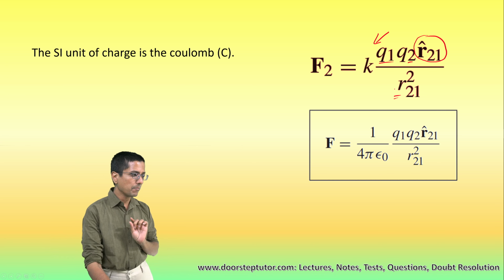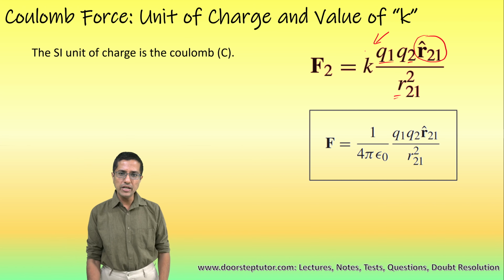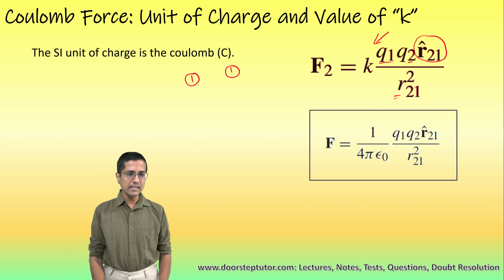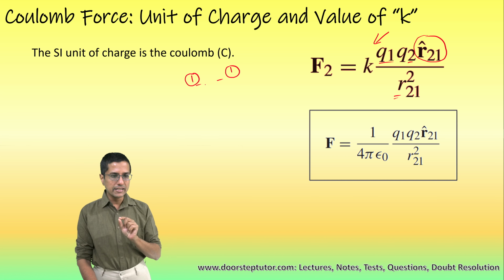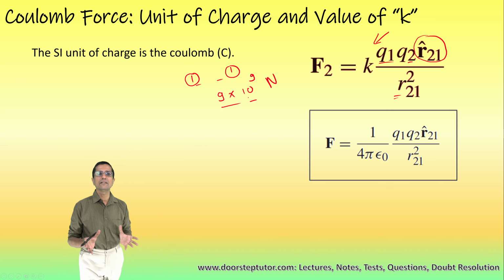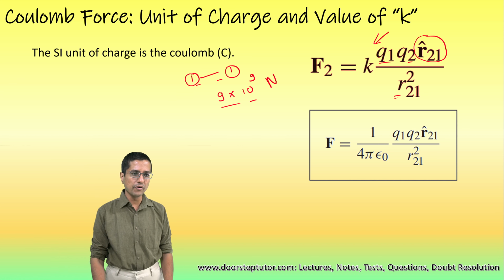What do we mean by charge of 1 Coulomb? And that is what we want to define. So let's say that if there are two charges of 1 Coulomb each, then 1 Coulomb is the quantity of charge such that these charges would repel each other with a force of 9 into 10 raised to power 9 Newton. So if I took two like charges and I separated them by a distance of 1 meter,